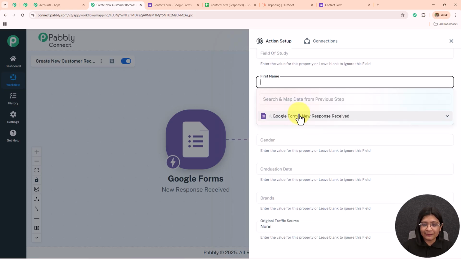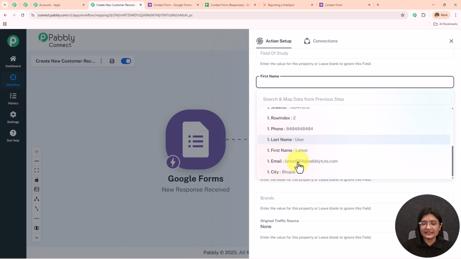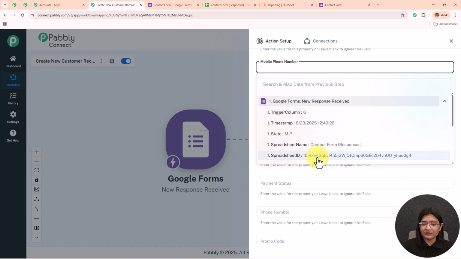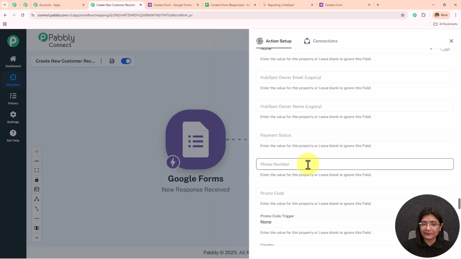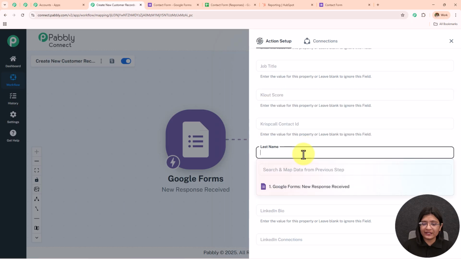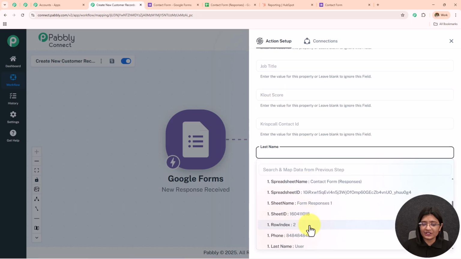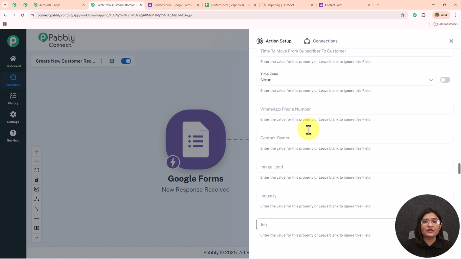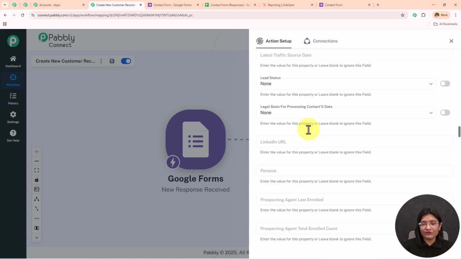latest564@pabblytudes.com. I'm going to enter the first name as latest, and then I'm going to enter the mobile number, which was this one. I'm going to enter the same mobile number in this phone number field. I'm going to enter the last name, which was user. So here I have mapped all the details which I have captured from my Google Forms,